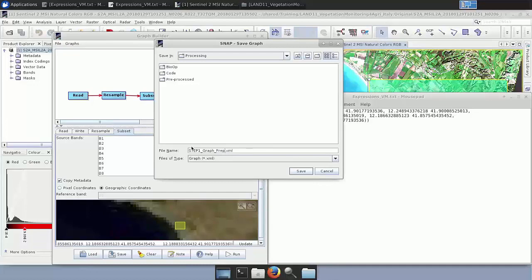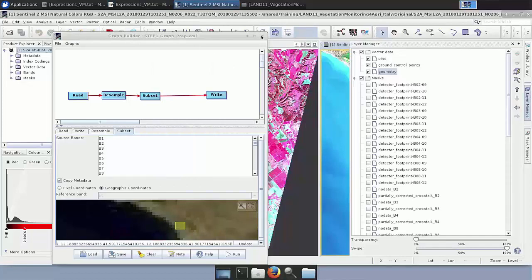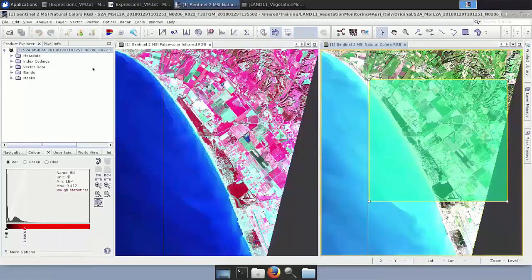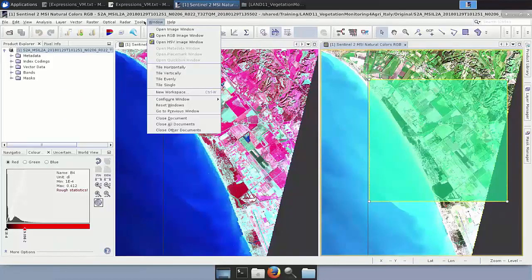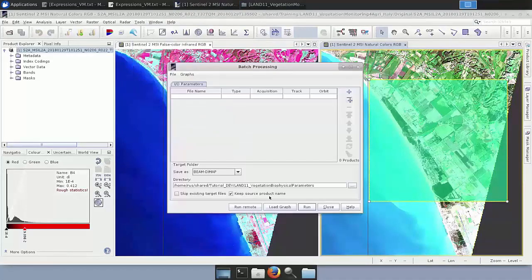So I find from experience it's good to keep track of the names of your graphs, because otherwise you'll get lost. And now let's click save. Once we have done this, we can close the graph builder here. What we could do now is use this graph that we have created, go to the batch processing, load it, set all our parameters again, and process our data in the graphical